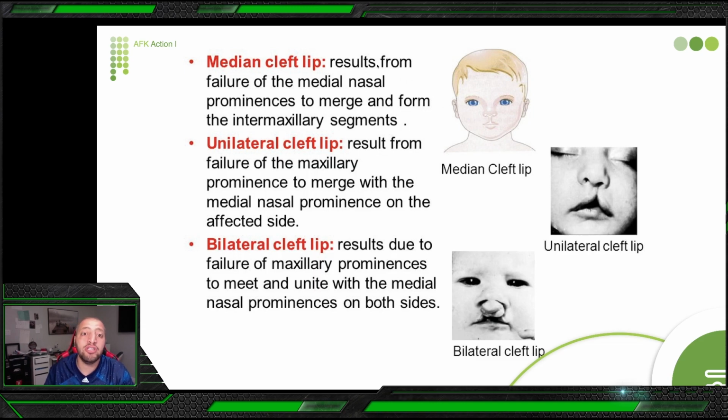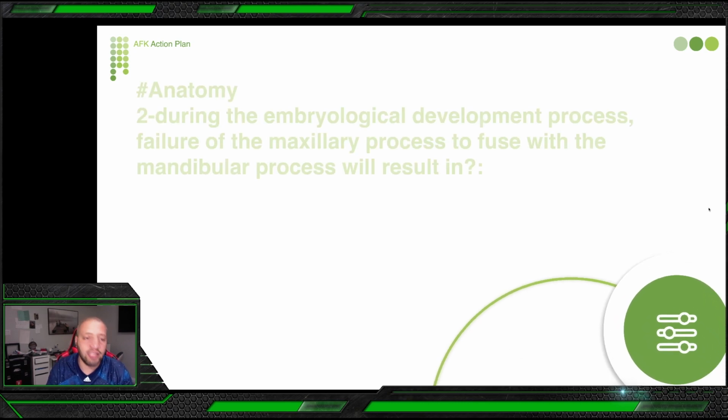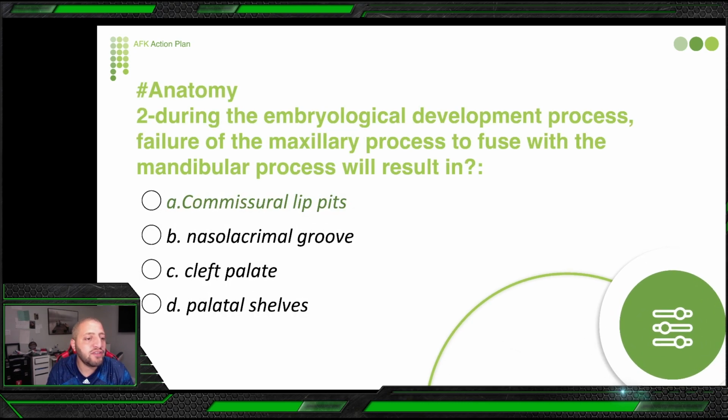Sometimes when you forget the text or something is missing here, you think about the medial nasal process here and maxillary here, and mandibular is here. So the failure is here, leading to this one, leading to this one. It's about visualization. When you visualize it, it will be super easy to memorize and even recall it again. I hope that was clear for you.